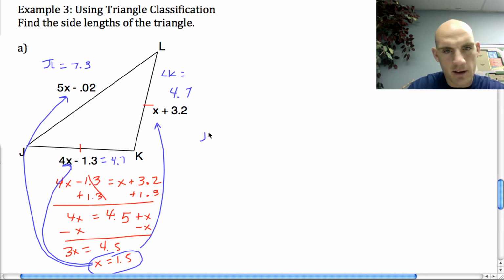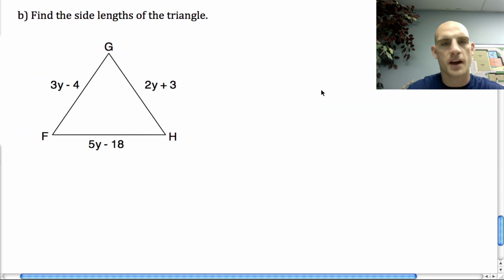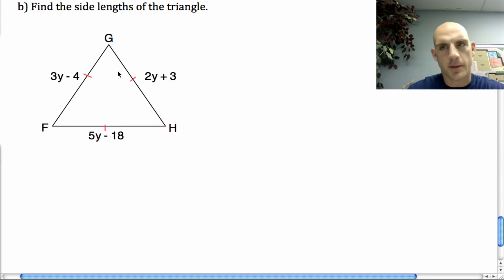Okay, so when I outline this, I'm going to say JL is equal to 7.3. LK is equal to 4.7. And JK is also equal to 4.7. This is an isosceles triangle, so 2 of the sides are the same. One more example. We're going to look at the second example here, and in the second example we notice that